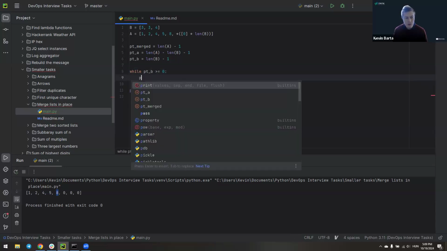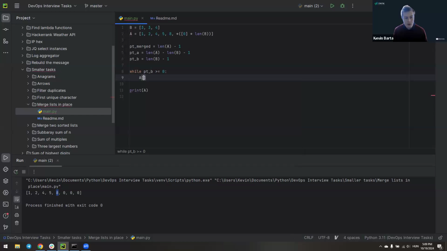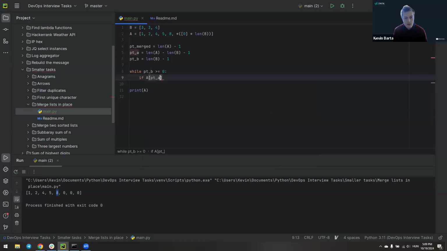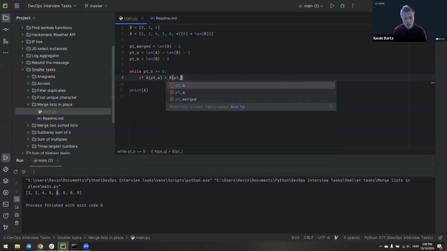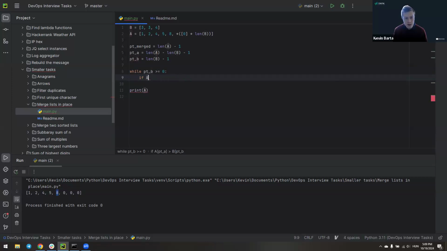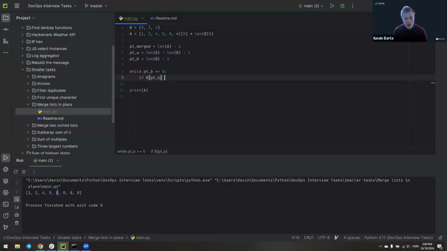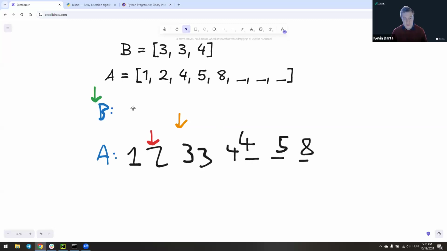And we do a comparison between the two. Let's start from B, because the condition is dependent on B. If B at pointer B is greater than A at pointer A, in that case, we want